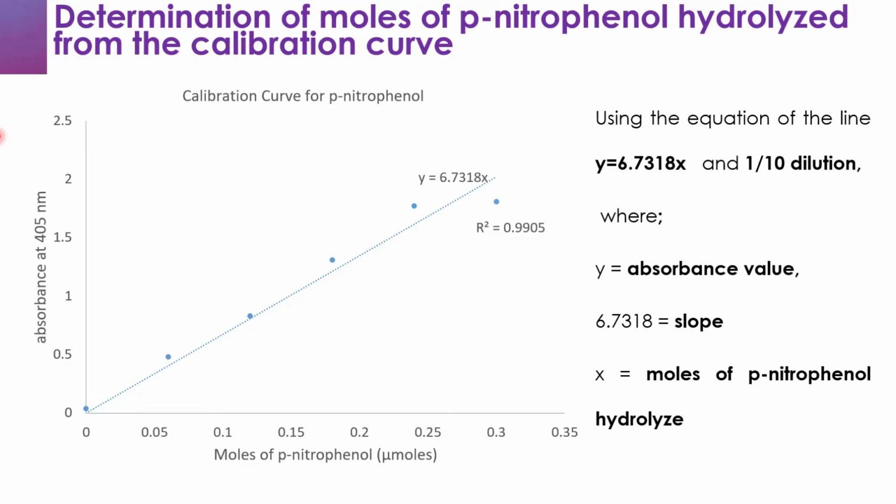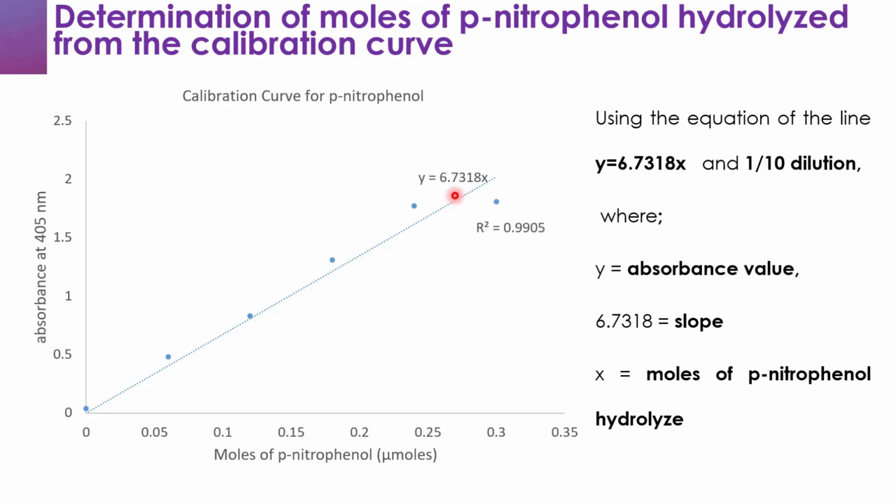Now let us look at how we will determine the moles of p-nitrophenol hydrolyzed by our enzyme acid phosphatase in our reaction from the calibration curve. First of all, this is a calibration curve that we plotted in our previous videos and class using our 60 micromolar p-nitrophenol. From the calibration curve, we can see that we plotted the absorbance values at this wavelength against the moles of p-nitrophenol, and this is also our